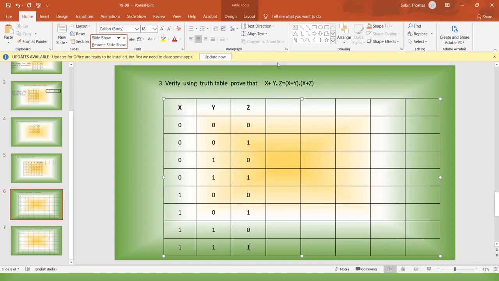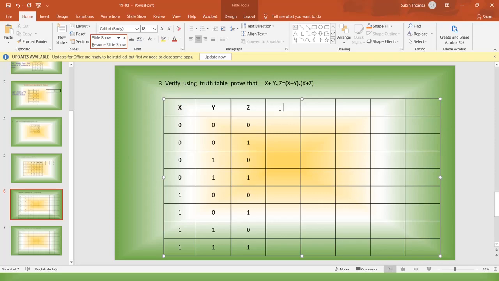And we have to find out the output value. I am calculating the left side first. Then I am going to calculate the right side. Don't mix up everything together. First calculate one expression. Verify means you have to calculate the left side separately and the right side separately. So here, on the left side, there are 2 operations: AND operation and OR operation. And AND has the higher precedence.